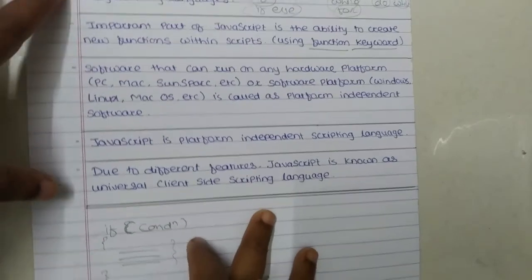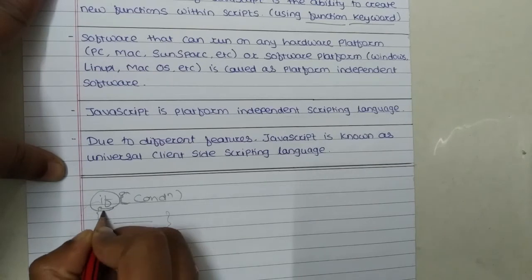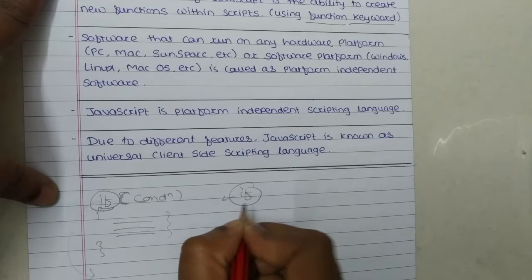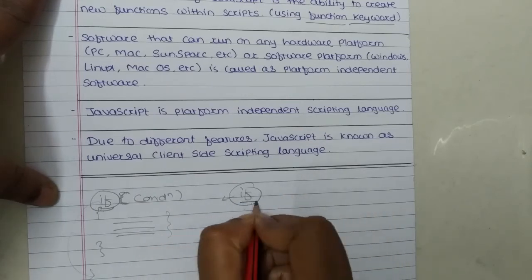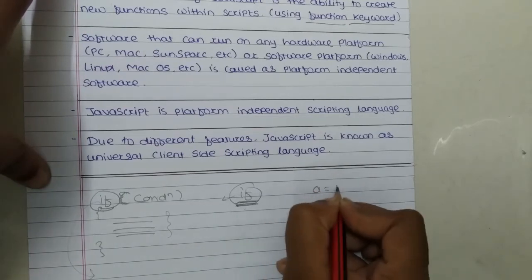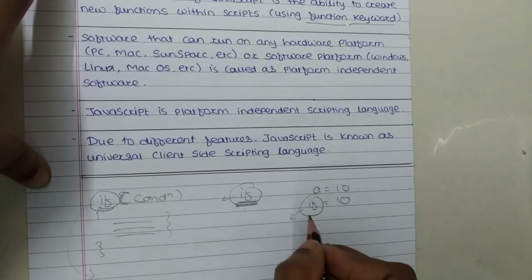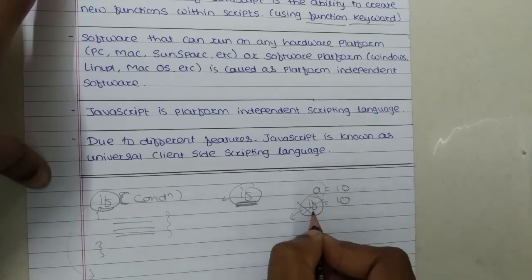Okay, that means when we write, suppose this one is if. When I write if, this one is the keyword. Why? Because this already exists in your programming language. So we cannot write this if as an identifier. Suppose I want to write here a is equal to 10, but we cannot write if is equal to 10. Why? Because this one is already in your programming language, so therefore we cannot use this one. So this if is called a keyword. Clear?